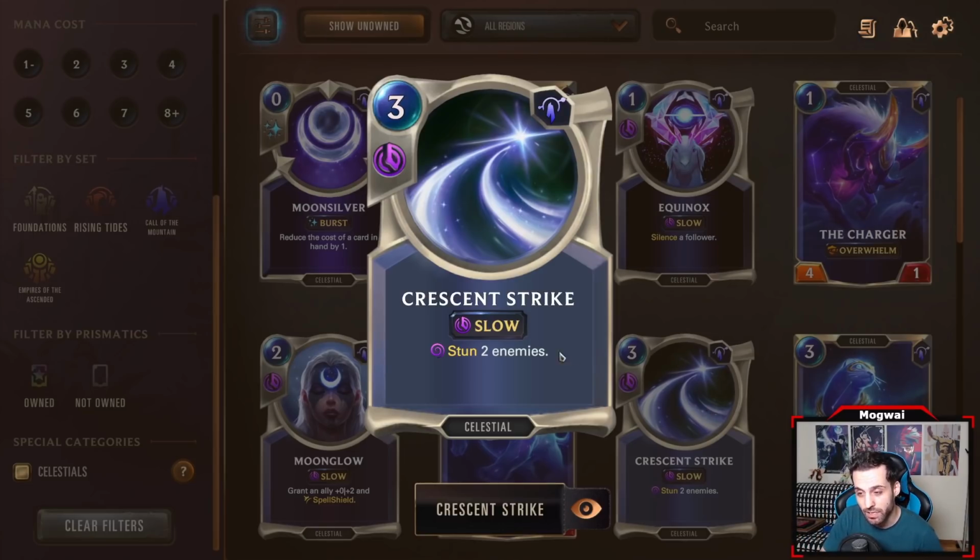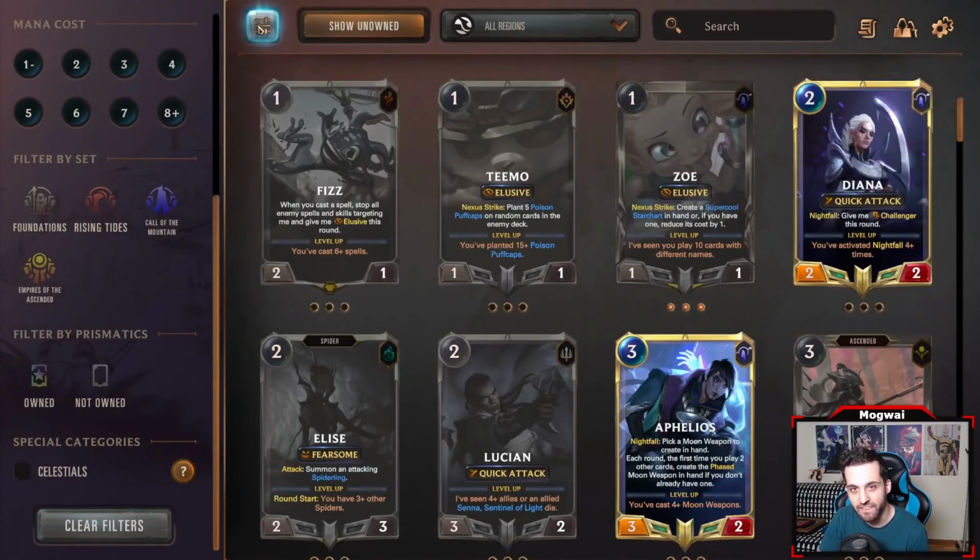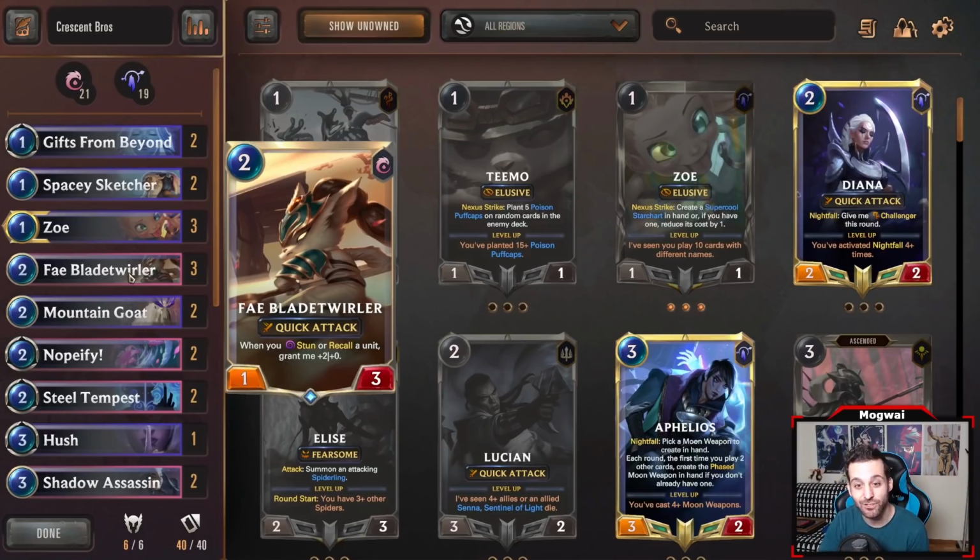And this card can not only help us level up Yasuo quickly or remove certain weak units from the opposing board with Yasuo on the field. We can also use it to buff our Fae Blade Twirlers, get them from 1 attack to 5 with just 1 3-mana play. So I think this is honestly a good enough reason to go outside of the Leona shell,